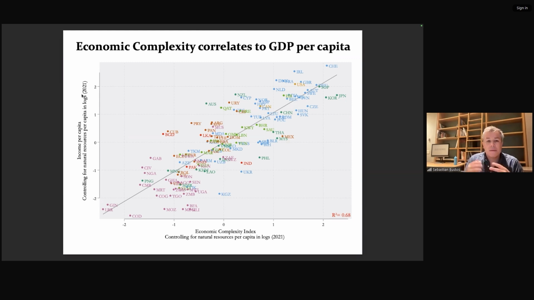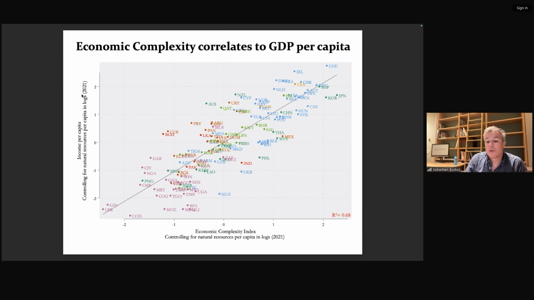And as you can see, the location of countries in this scatter plot doesn't align tightly, completely over the regression line. Some countries are above the line and some countries are below the line. And basically what we argue, and we have shown in different papers, is that these deviations from the trend are what is informative about